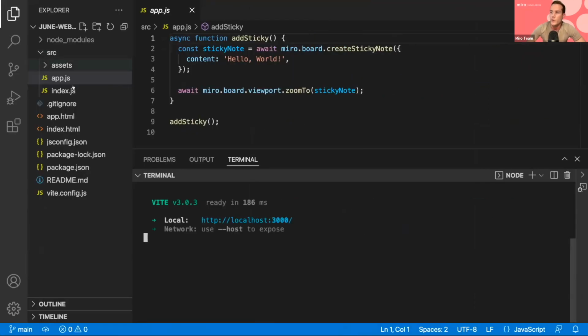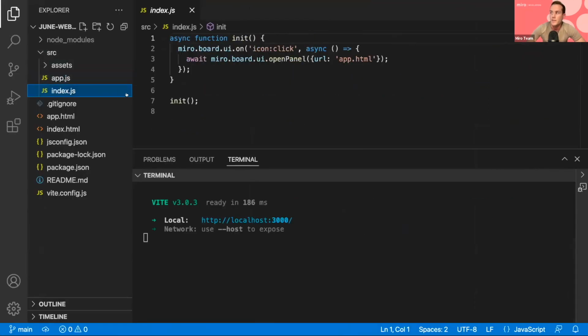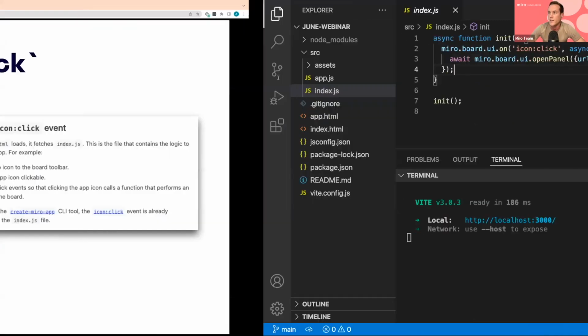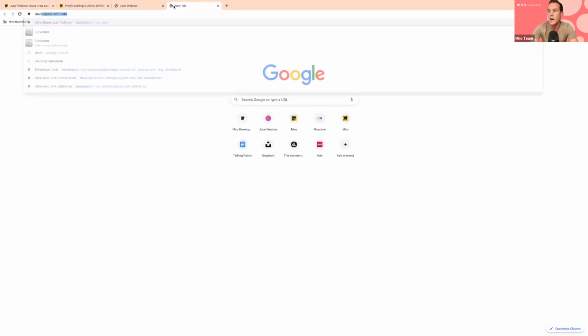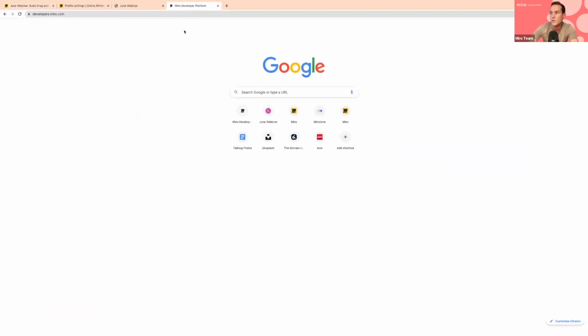So if we go to the source folder and we go to index.js, you'll see here that we have this listener that is listening to the icon click event. And when that happens, it's going to open the panel. And if you want more details on how this works in depth, you can also go directly to our developer docs. And if you just go to the Web SDK portion of our developer documentation,